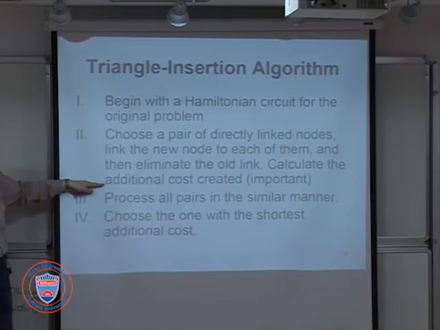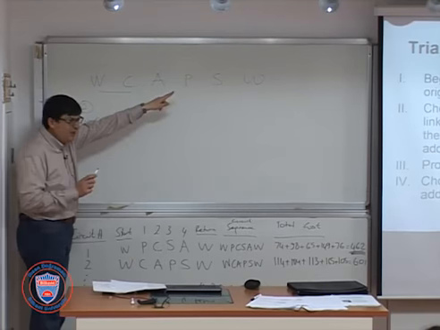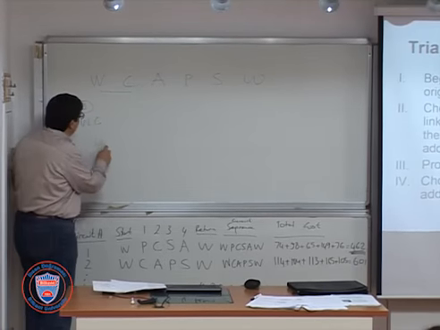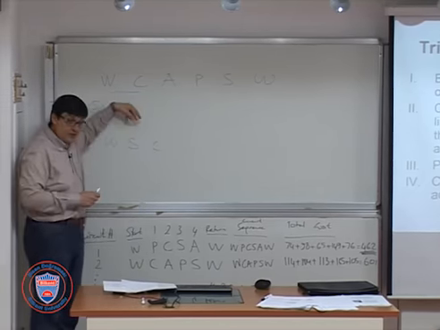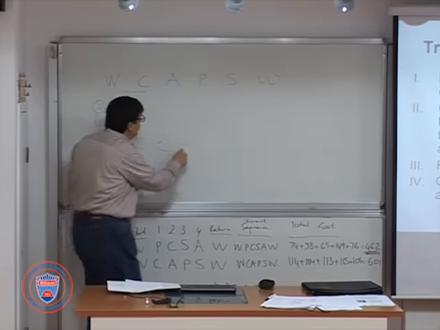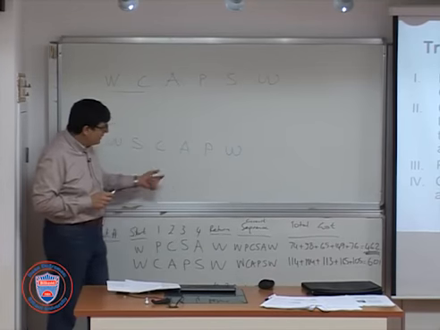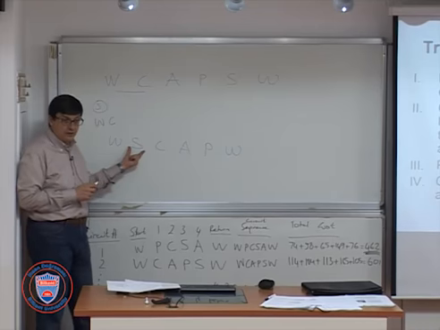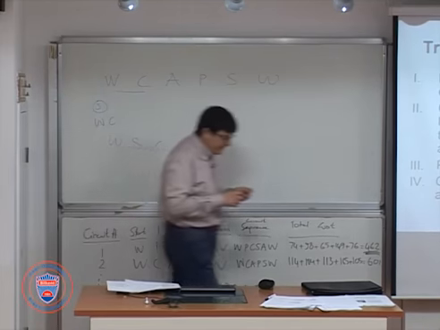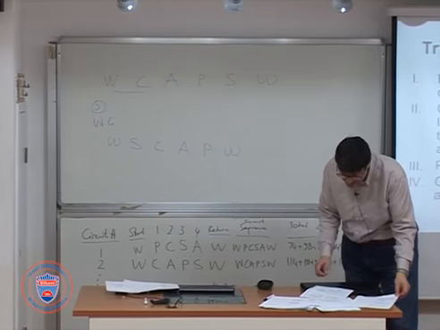Calculate the additional cost created by this. Now, by doing this, I am going to have W, S, C, and I'm going to insert it in the middle, A, P, W. So what you do is you take it out from here and insert it to here. This is actually not a very difficult operation, but this is what is meant by the triangle